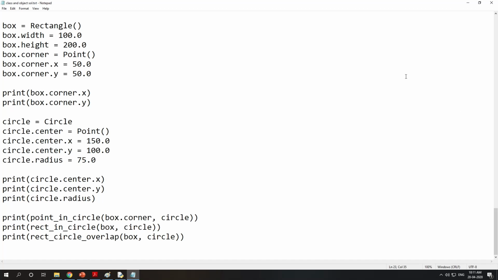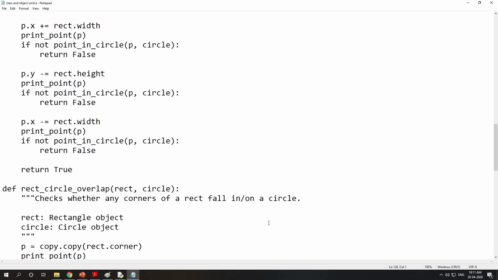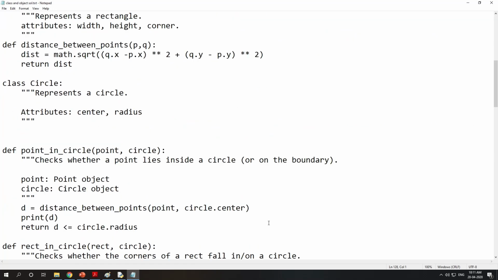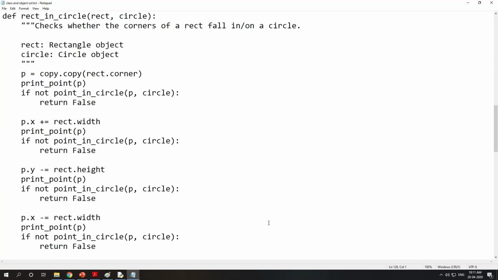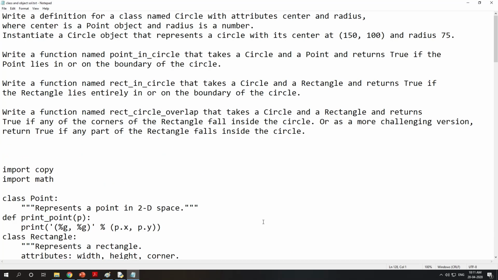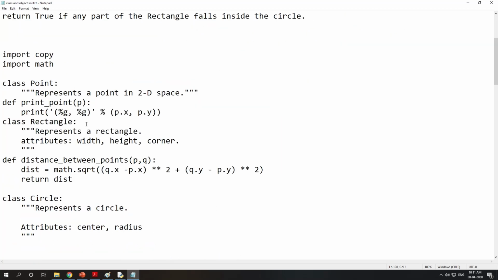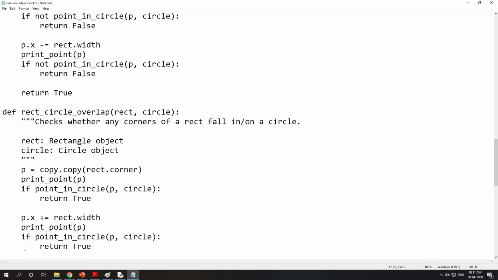Try to read this program, try to practice this program on your system. It's a very easy and very interesting program. If you don't understand anything, you can call me. Whatever things you have studied, the same things are here in this program. An entire chapter is covered in this program.